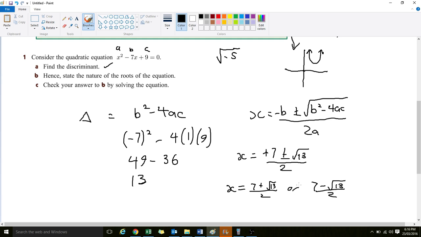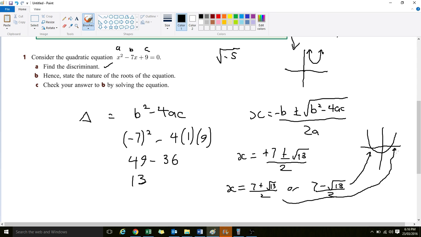So here we have two real roots that can be calculated. On the function, 7 take the root of 13 might be that point there, and 7 plus the square root of 13 might be that point there, where the function